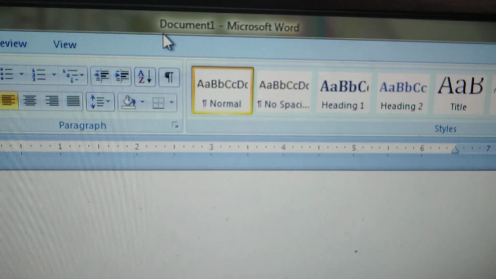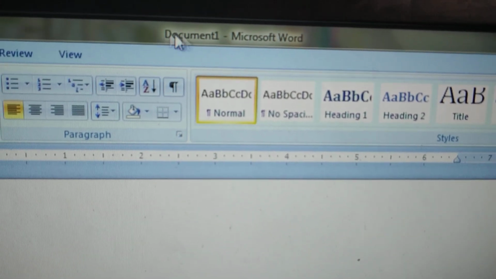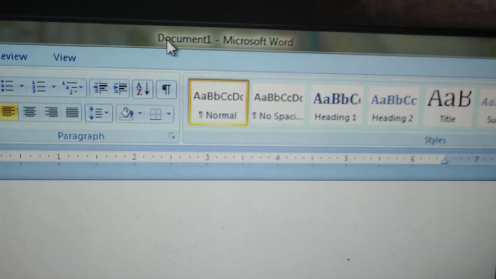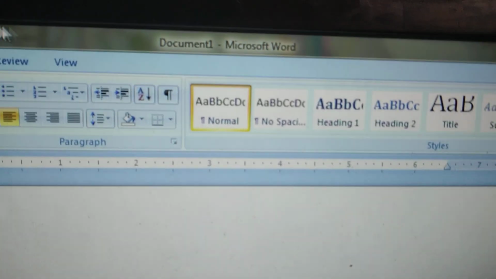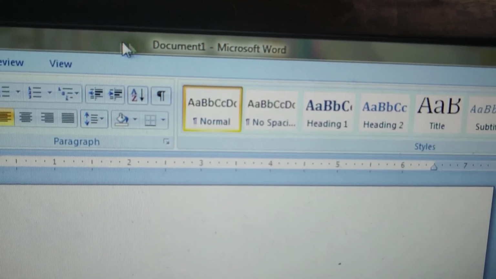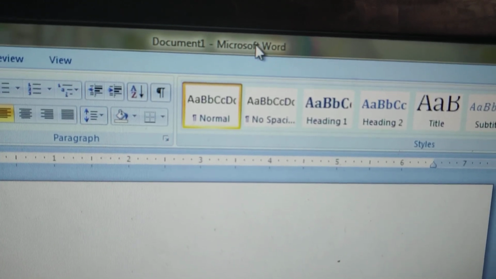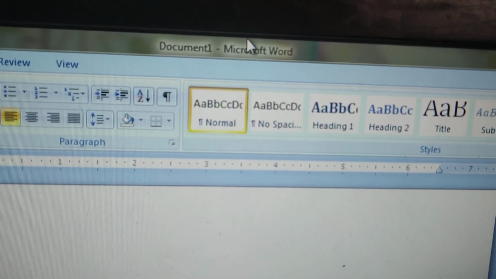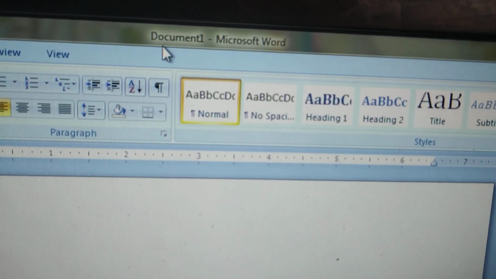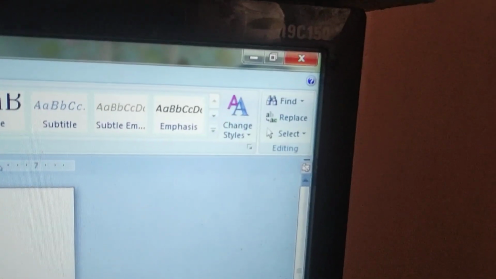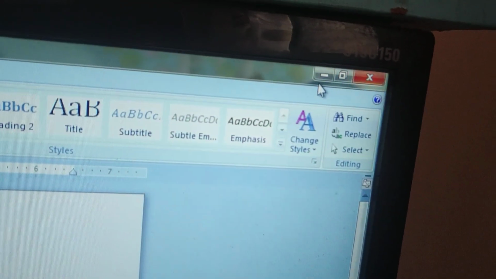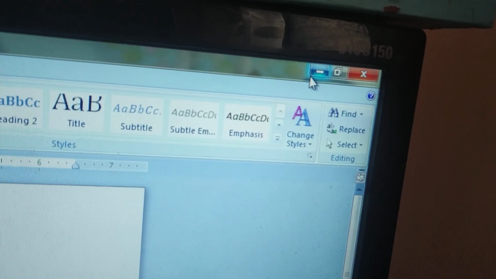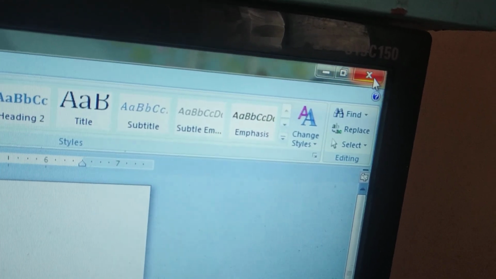When we save this file, that time our name will come instead of document. Okay, the first bar is called as a title bar, and title bar displays the application name and the file name. On the same bar we will get 3 sizing buttons, that is minimize, maximize and close.